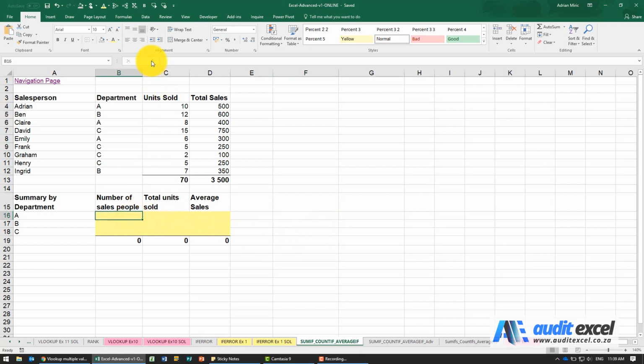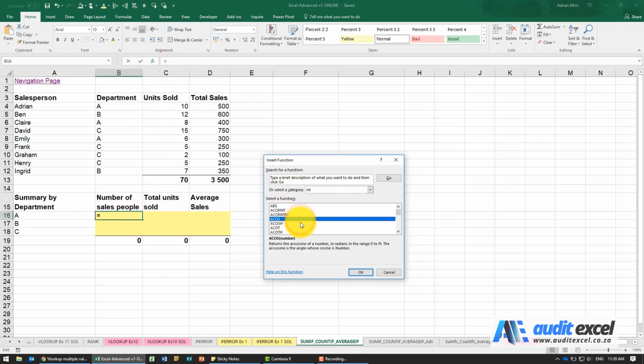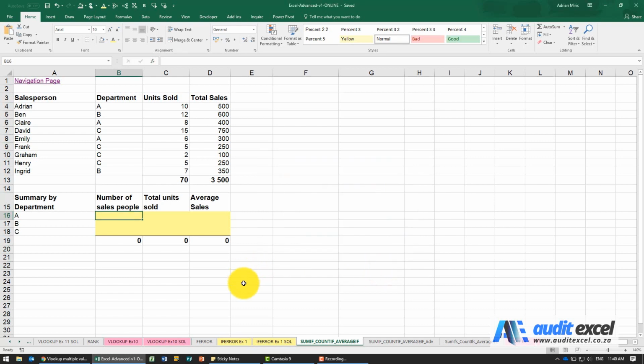Now just understand that, for example, if I go and I find COUNTIF, you'll see that COUNTIF was the original version, and there's now a new version called COUNTIFS. We are going to teach the COUNTIFS, the plural, because the COUNTIFS can easily do what a COUNTIF can do, and it gives you more options. So you may as well learn the one version rather than learn this one and then have to learn this one. So what is COUNTIFS?